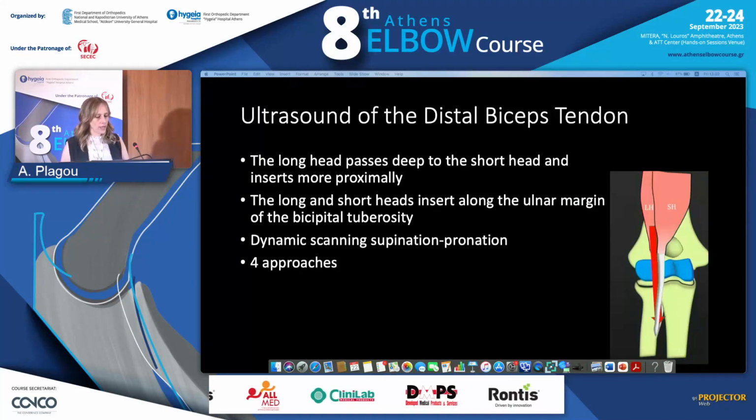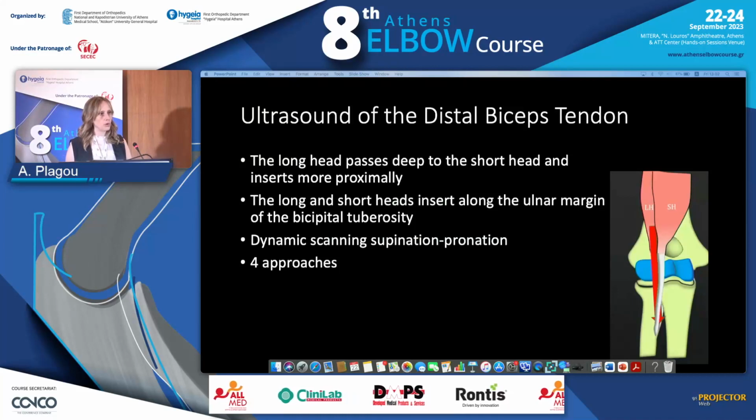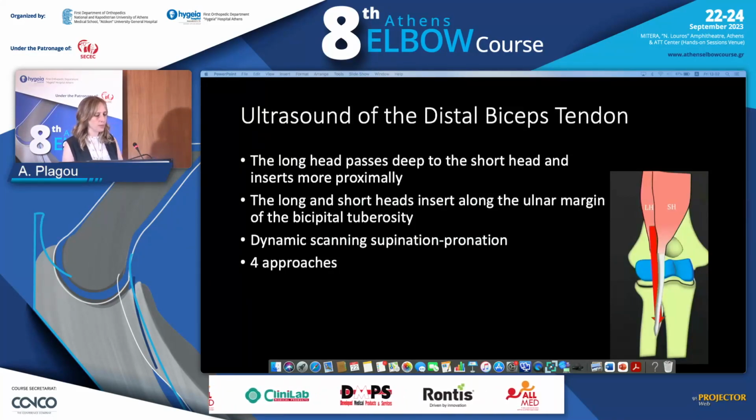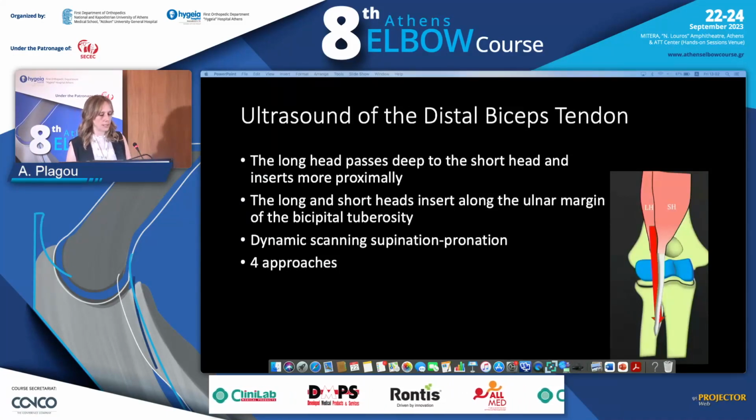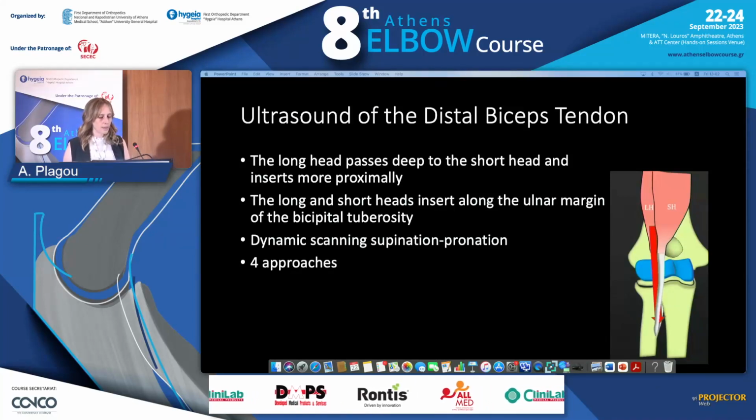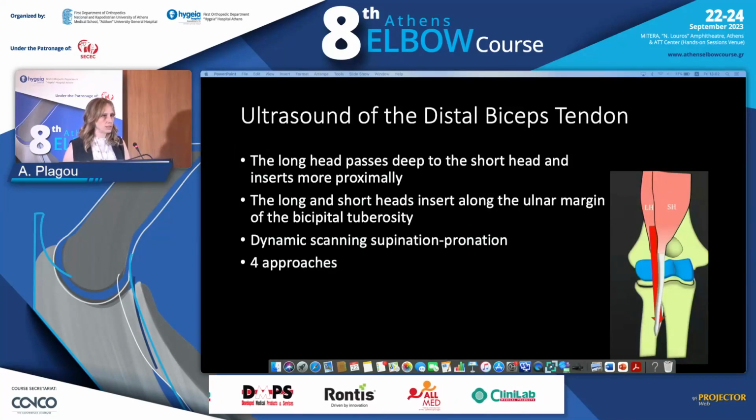So knowing the anatomy and the course of the tendons is very important. I'm going to go through an ultrasound scan, so I just wanted to revise the anatomy before I do that. The long head passes deep to the short head and inserts more proximally, so it inserts first, and then the short head inserts more distally. They both insert along the ulnar margin of the distal tuberosity, and this is the anatomic